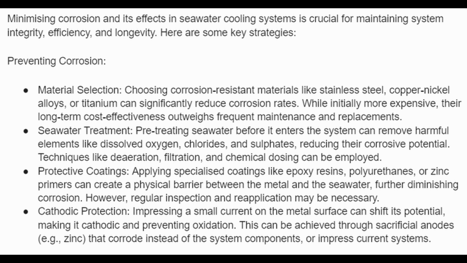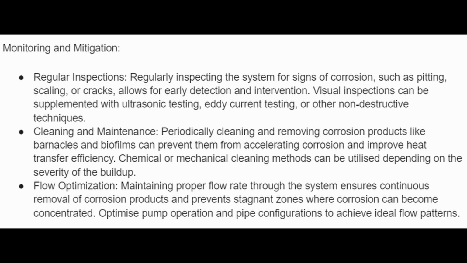Cathodic protection. Impressing a small current on the metal surface can shift its potential, making it cathodic and preventing oxidation. This can be achieved through sacrificial anodes, e.g. zinc, or impressed current systems. Regular inspection and monitoring. Regularly inspecting the system for signs of corrosion, such as pitting, scaling or cracks, allows for